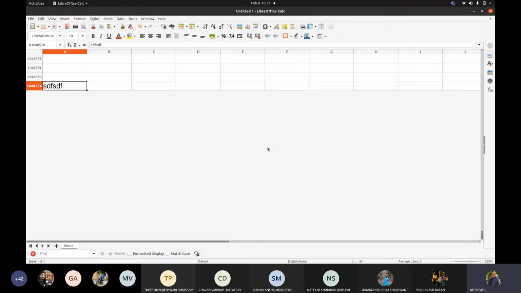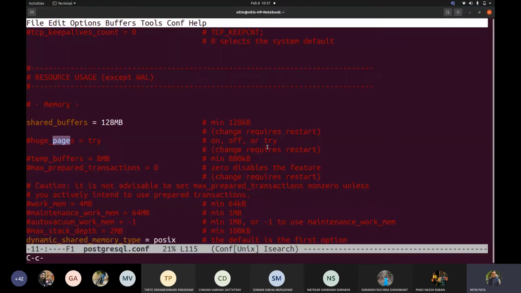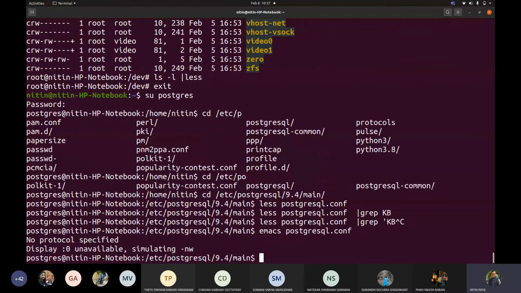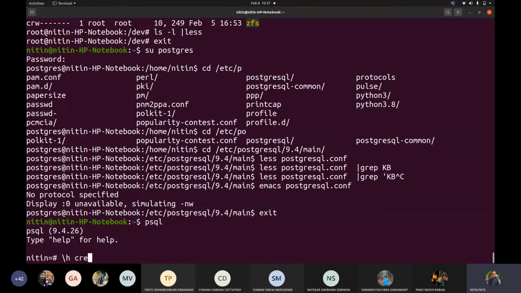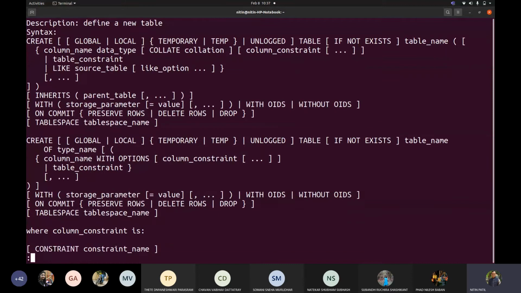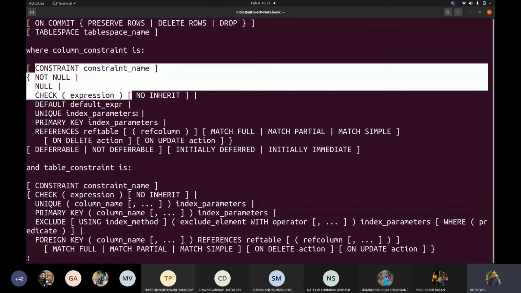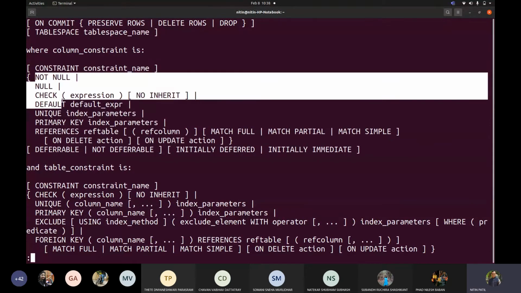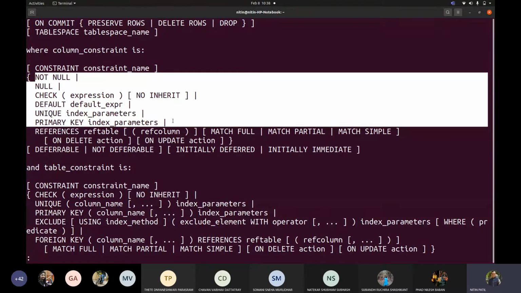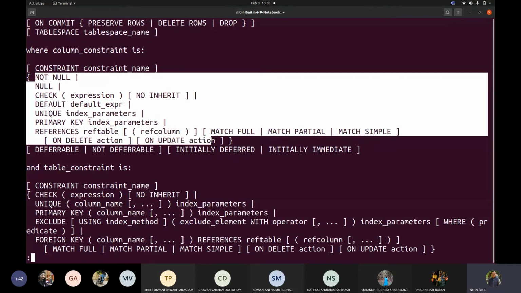Similarly, I want you to find out such an error which would be there, like while you try to create a table, you cannot go beyond these many constraints. How many constraints can be added? So basically, it may probably depend on this file. Say for example, when I write PSQL and when we write this \d create table, correct? At that time we saw that whenever we are seeing the column constraints, these would be the limited ones, correct? Most of the times you must have used either of these only: default, unique, primary key, and references. Fine.